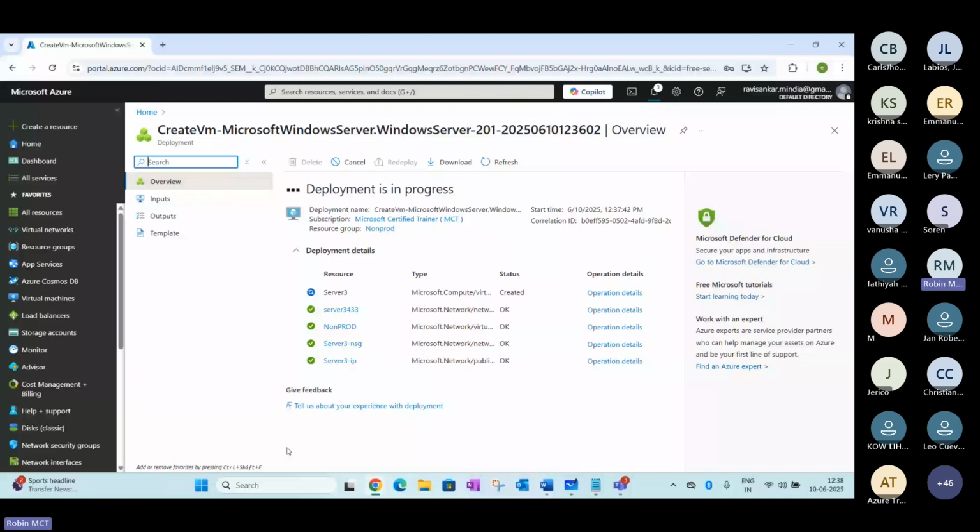Right now the deployment is in progress. Let's wait for this to finish.